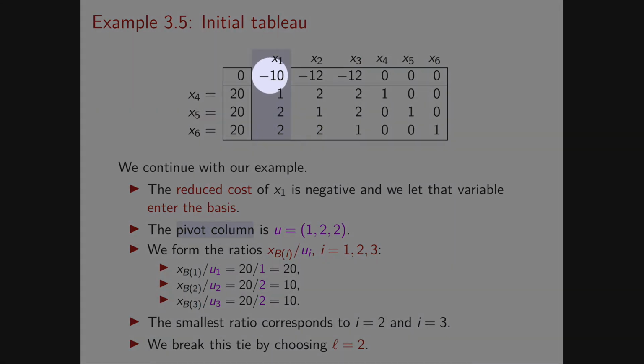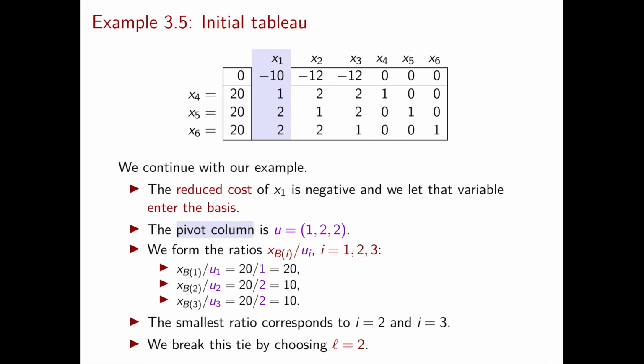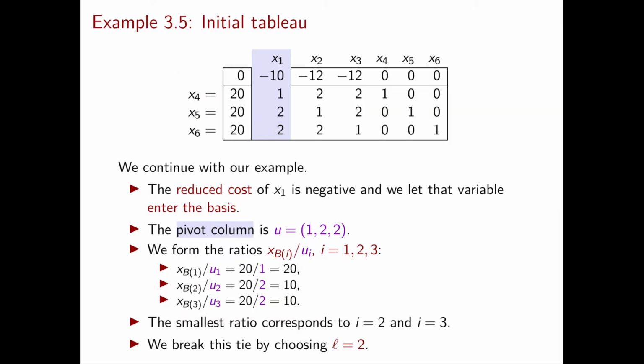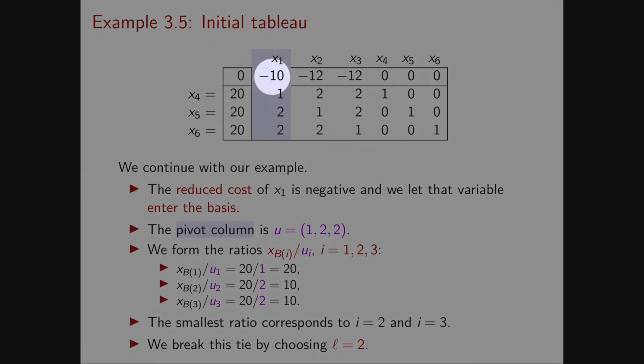The first thing we need to do is look at the reduced costs and see if there's any negative one. In this case, there are 3 negative ones. So in this case, our pivoting rule will tell us which one we should pick. In this example, we don't have any explicit pivoting rule. I will be your pivoting rule, so I will break all the ties as I want. In this case, I decide that we should have x1 enter the basis. So this implies that this is now my pivot column.